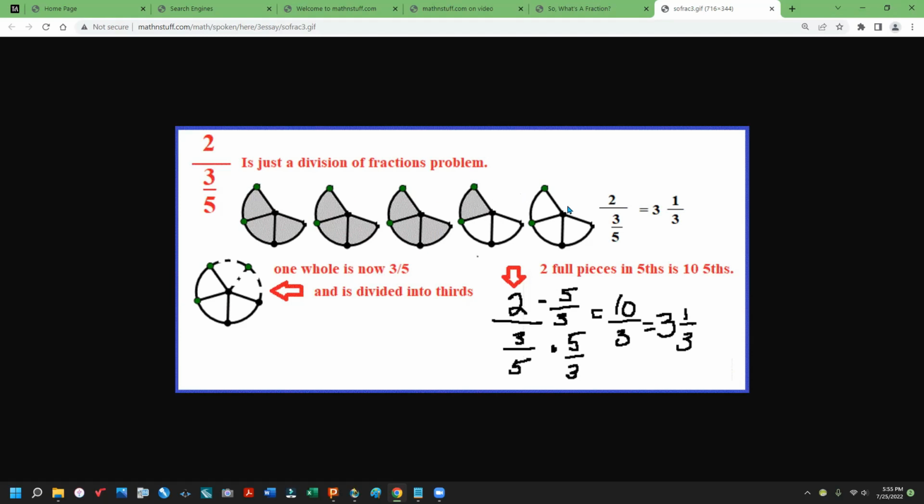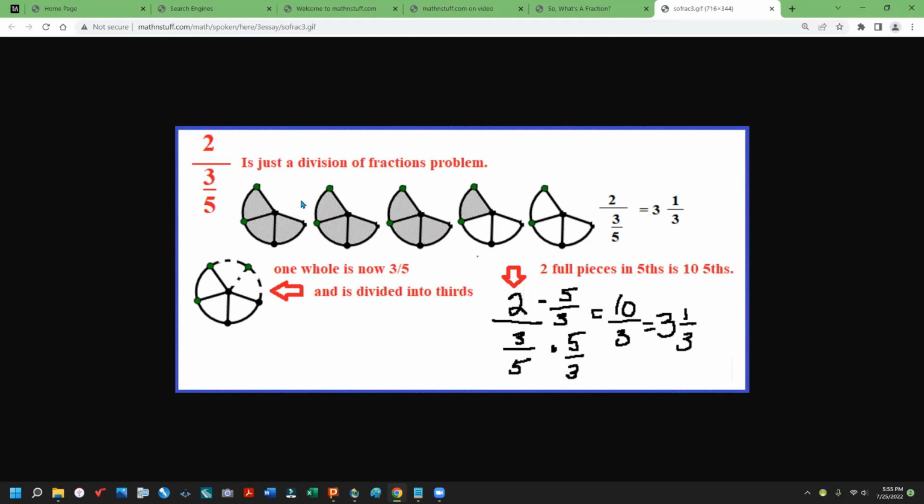In these pictures, this one's empty, so it's probably the easiest one to talk about. You can see that what was done was to take a circle, a whole that was divided into fifths, and only use 3 of those fifths. So in each of these pictures, one whole is 3/5. So I just wrote a bunch of them. Now we need to write 2. 2 in terms of fifths, 2 is